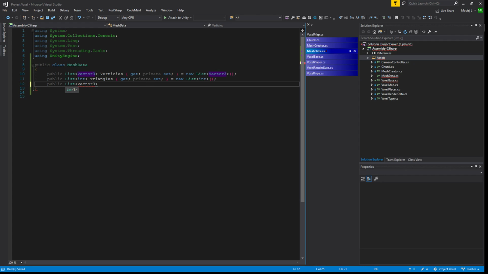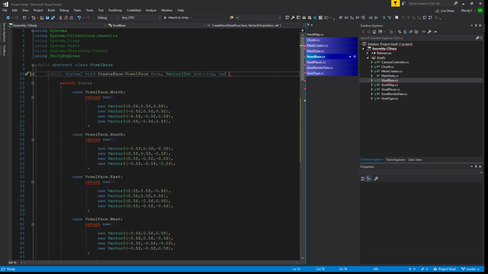Public list of vector 3 normals, get private set equals new list of vector 3, and public list of vector 2 UVs, get private set equals new list. Okay, that will be it. So now we'll pass a mesh data,